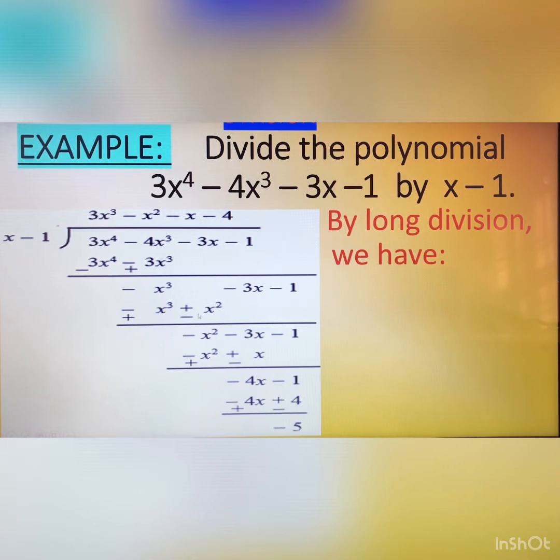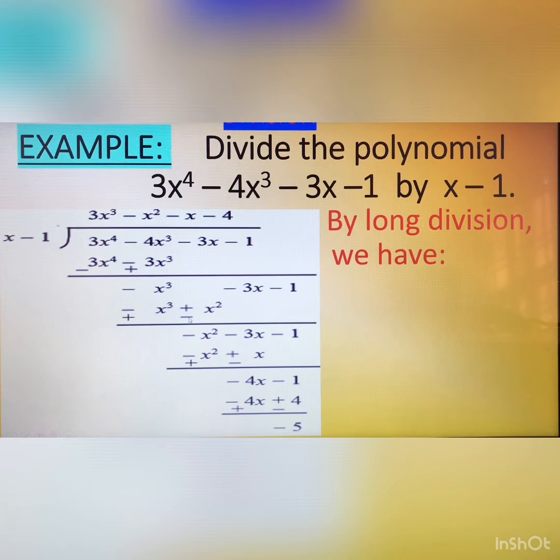So you will write plus x square here, but there is no term of x square, so you can write 0x square here also. If you do not want to, no problem. Now again you change all the signs by subtracting these two. This term contains a negative sign, so you mark plus, and this term contains a plus sign, so you mark negative. So plus and minus are opposite signs and the terms are the same, so this cancels out.